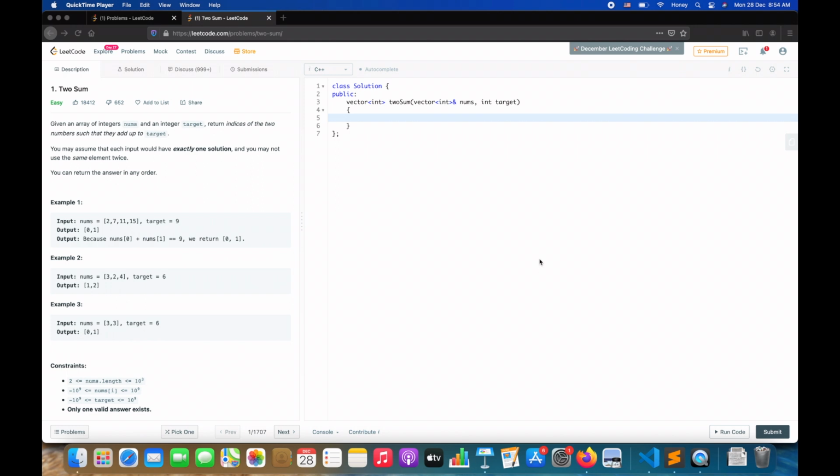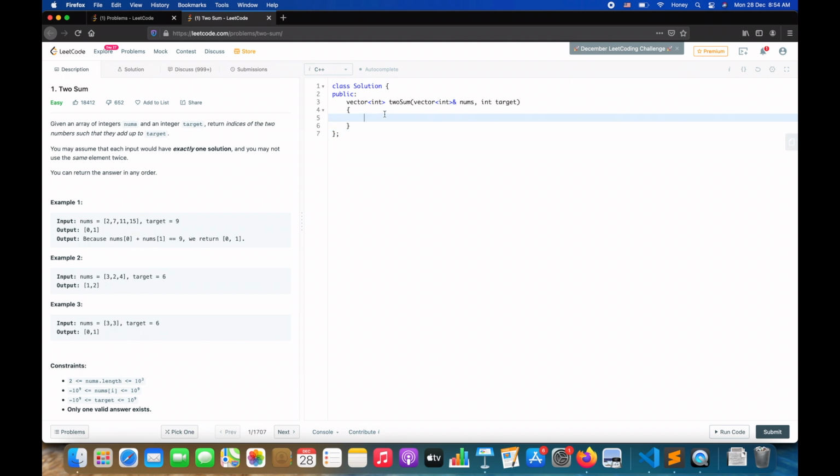Okay, so let's start writing our code. I'll be doing it in C++, of course, since I'm more familiar with it. Here you can see you are given a class Solution. You are given the access specifier public so that you can access the function through the class object. You just have to write the body of the function.